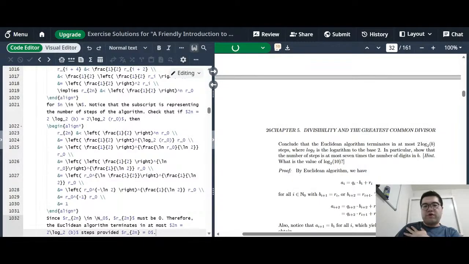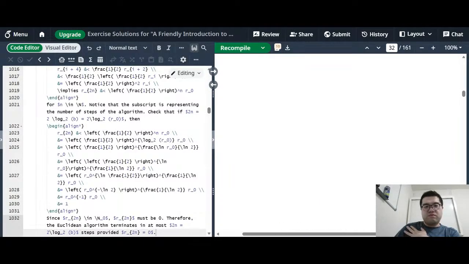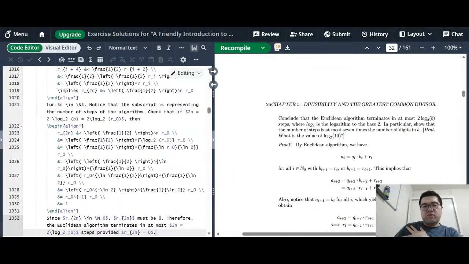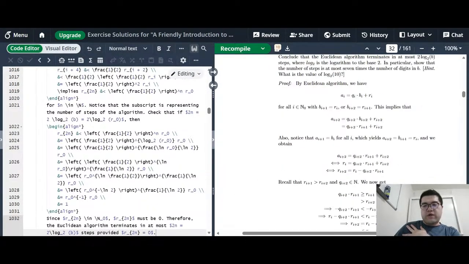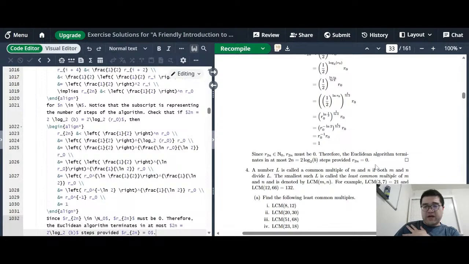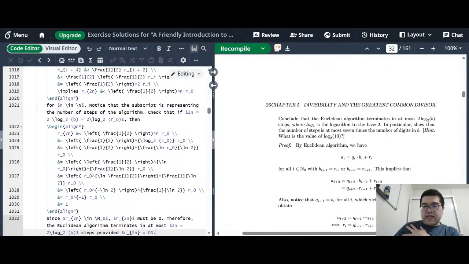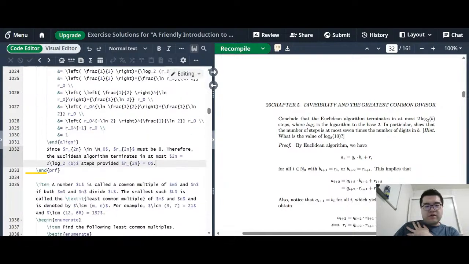So how's it so far? Okay, great. So we get all the way down to here. And last but not least, in particular, show that the number of steps is at most 7 times the number of these digits. So we know that